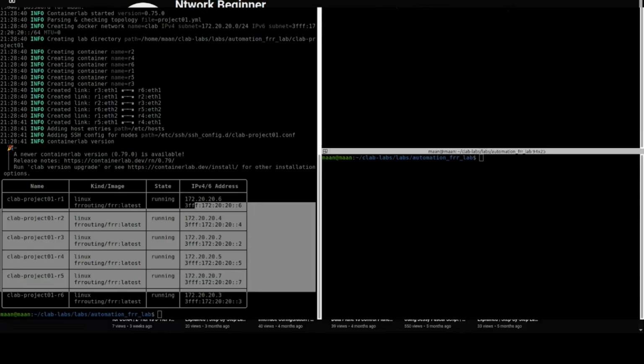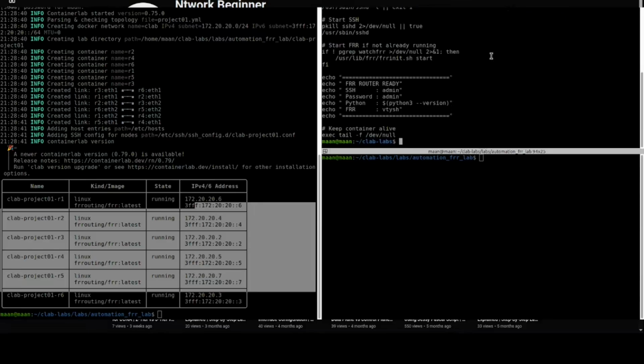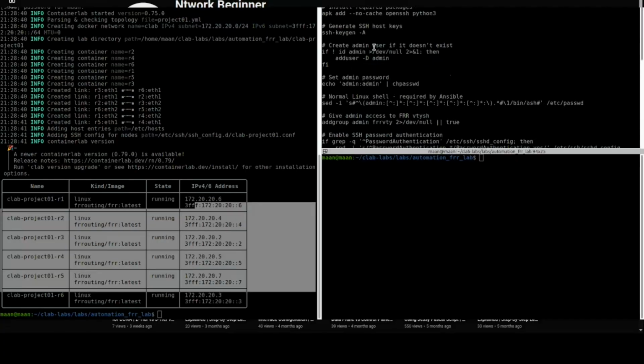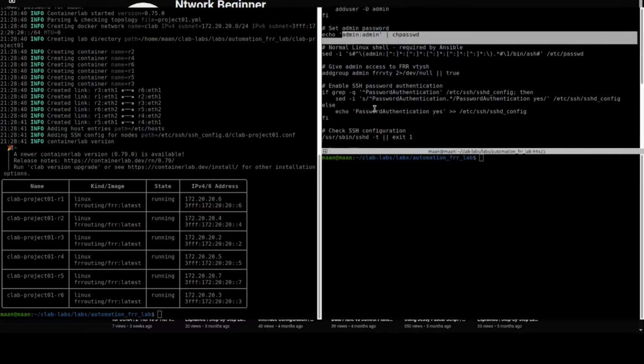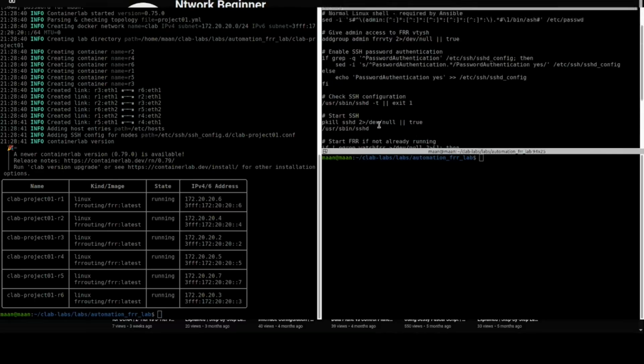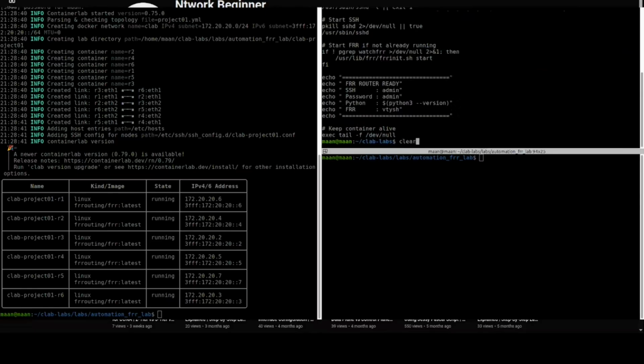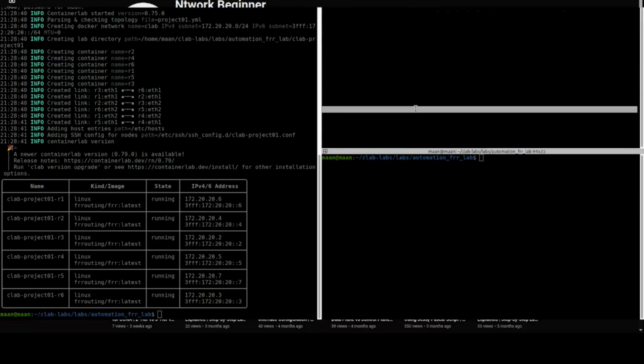Yeah, so the script basically adds OpenSSH in the routers, which basically works on a Linux basis. So SSH is downloaded and enabled. It will also check Python, and then it will also set the admin password and username, and blah blah blah, you can also check. So basically, let's first access the